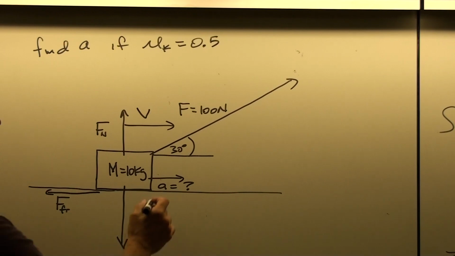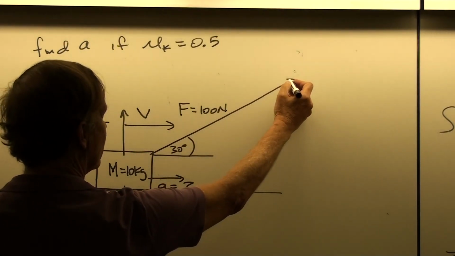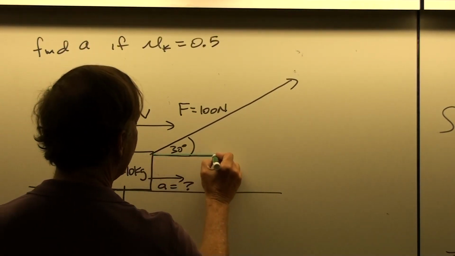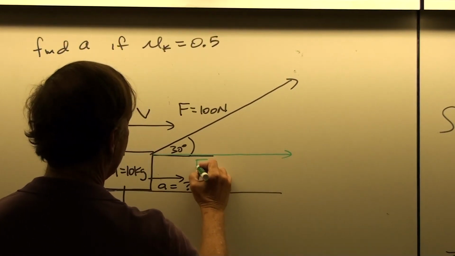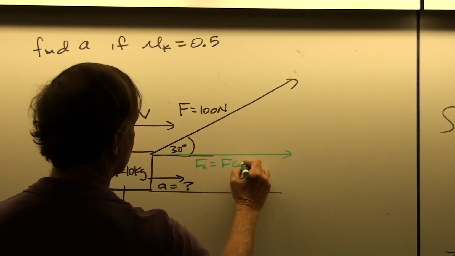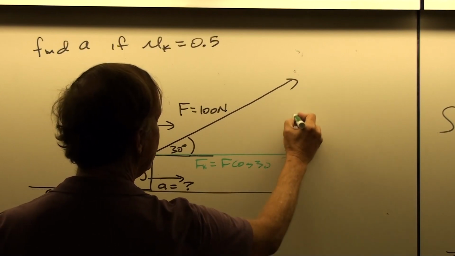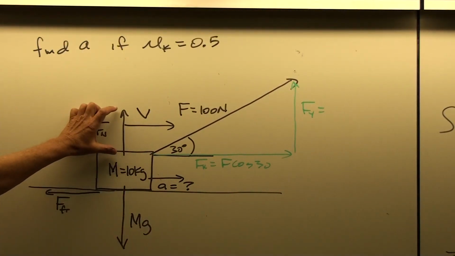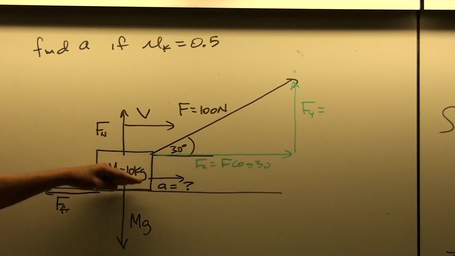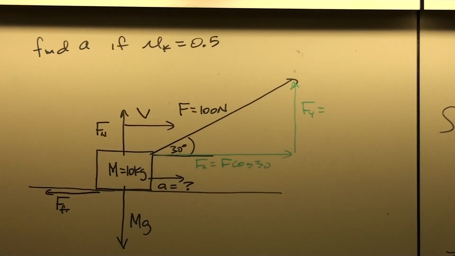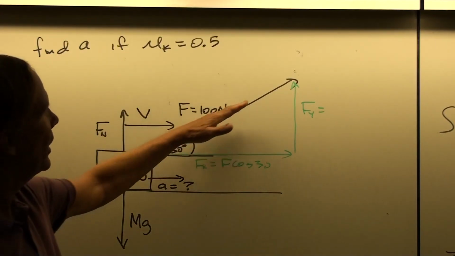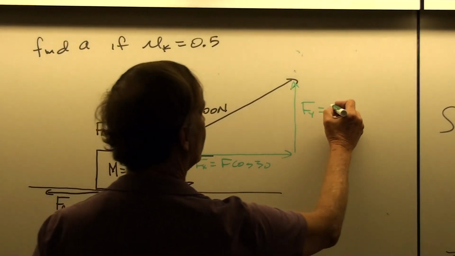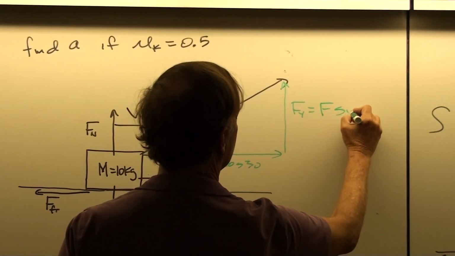but that normal force is not necessarily now equal to the weight. Because you can see here that this force that's coming off at a 30-degree angle has components to it, so that only the x component pulls the mass forward. Fx is equal to F cosine 30. And the y component helps to lighten the load on the normal force. So in other words, the surface doesn't have to lift up on the mass as much, because a part of the string force is helping to lighten the load. And so Fy is equal to F sine 30.